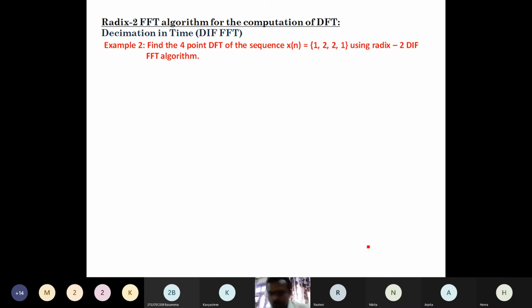In the problem statement, they have mentioned DIF, but there is no full form given. Decimation in time, decimation in frequency. In the question paper, you must note carefully which concept he is asking. He is asking DIF. The only change is the elements F and T. Sometimes if it is printed small, you will not notice it. So be careful while reading the question. So let us have the solution.